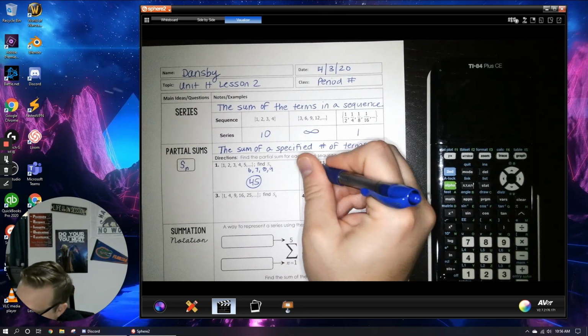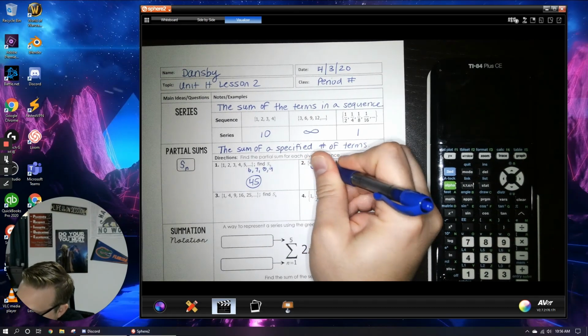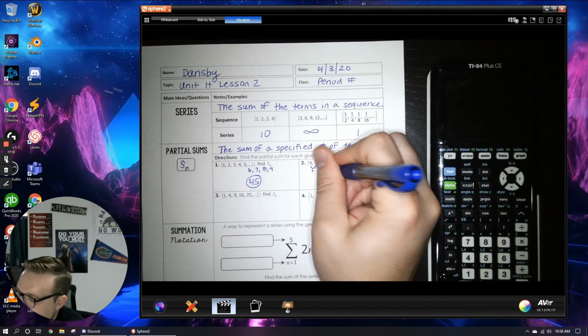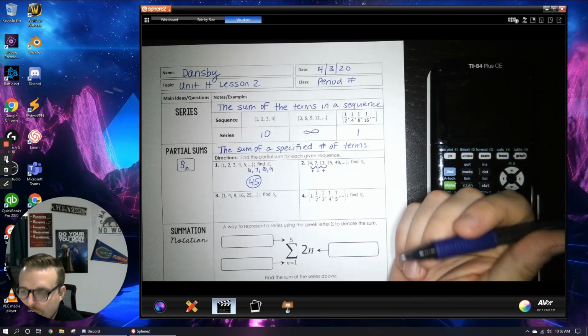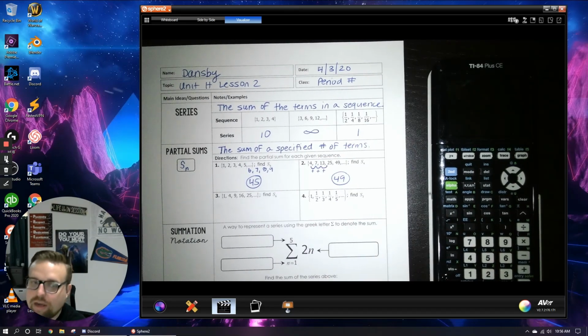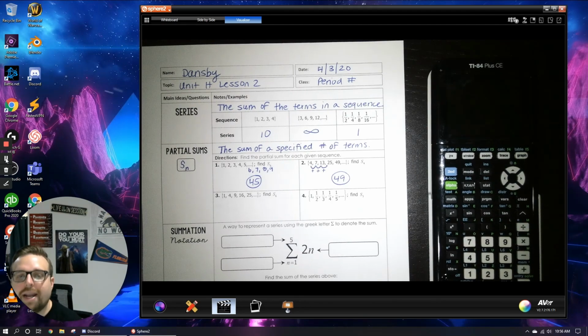So we're basically going to add 4 and 7 and 13 and 25. And then what is the result of that going to be? Well, if you add that together, you get 49. So there you go. So I'm going to go ahead and do 3 and 4, but something that I want